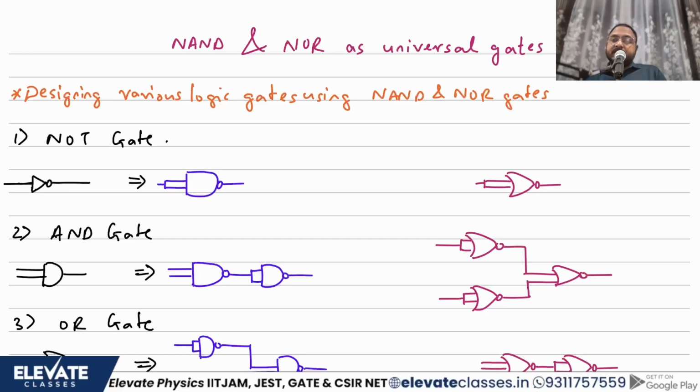I think you can see a couple of gates. Let's start with the first simplest logic gate, which is a NOT gate. We know how a NOT gate looks like. This is how a NOT gate looks like, and we want to design this using only a NAND gate. So if you take a NAND gate and connect both its inputs together, you get a NOT gate. Now you'll say, how can this be possible? Let's check whether that happens.